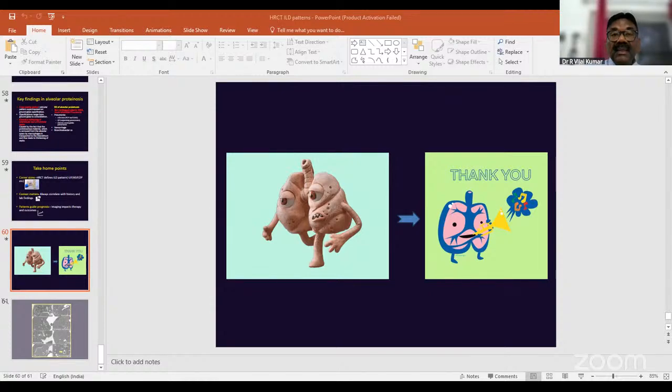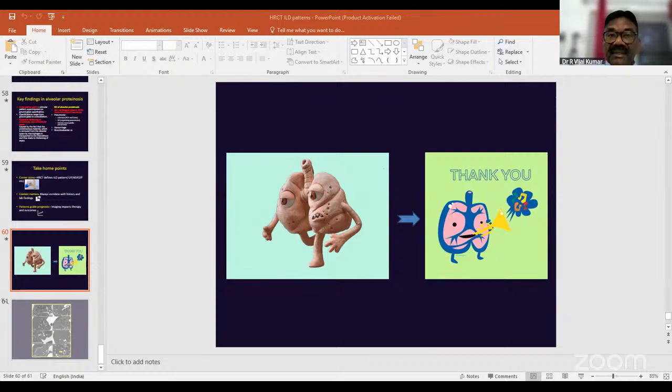And when we do the lung function test, the spirometry showed forced vital capacity predicted percentage was much less. Normally, it should be 80%, but in these patients, it was something like 60, 50, or even 40%. That goes to show that COVID-19 has produced permanent damage in the lungs